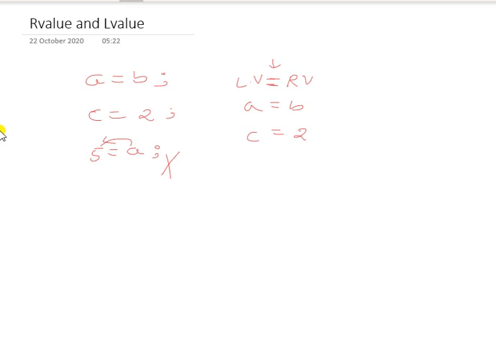When A is assigned to 2, 2 is a constant. Just now we have seen 2 is an integer literal constant. It is a constant, it cannot be modified, it cannot be changed. So this statement will create an issue.